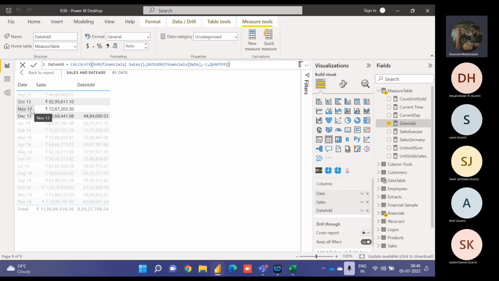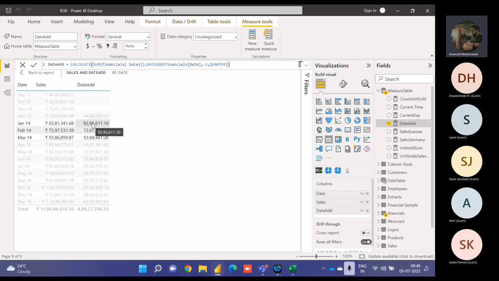As I don't have July and August, it is blank. But I have September month's value, so it is displaying besides December. Get my point? If you look at January, February, and March,